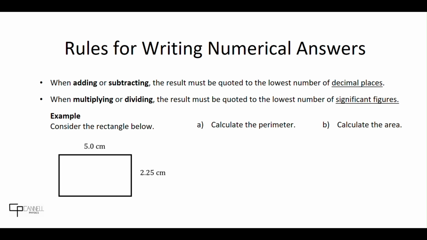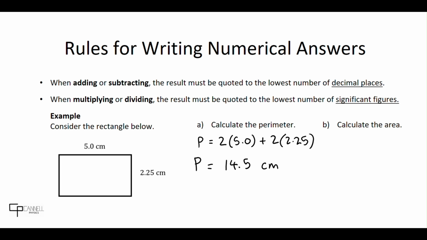Let's consider the rectangle below. It has a long side of 5 centimeters and a short side of 2.25 centimeters. And part A is asking to calculate the perimeter. That is quite simple, but we're thinking about how many digits we are going to write down when we get the perimeter. As with any polygon, we simply add all the side lengths to get the perimeter. So for this rectangle, that's 2 lots of 5.0 plus 2 lots of 2.25. And putting this in our calculator gives us 14.5